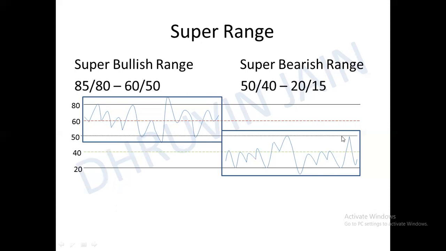So this is the super bullish and super bearish range, which is more often what I have seen in the more strong trending structures. And in fact, while finding confluencing signals using RSI, you will often find that these regions occur more when the price is moving in a trending structure.